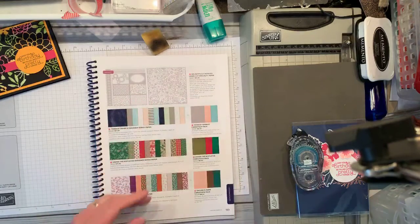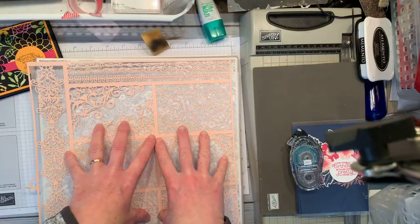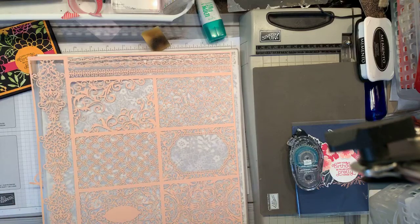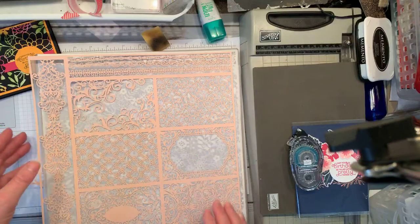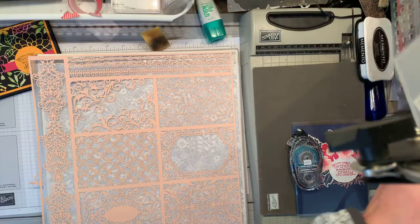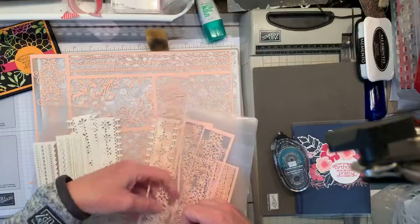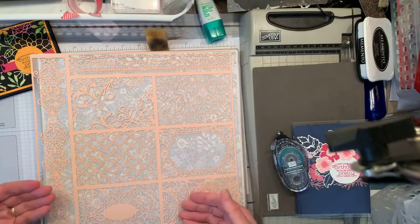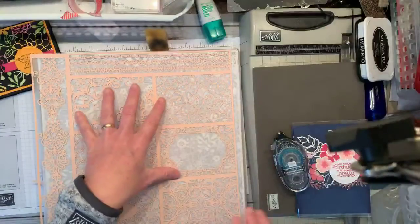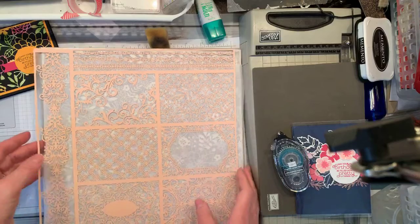So that being said, a couple of the tricks with this laser paper: I found that I like cutting up this overlay first. I store my designer papers on a vertical shelf in packets, the old Creative Memory packets, and I love them because they keep my designer paper nice and sturdy. It's easy to put the 12 by 12s in one spot and the scraps in the front pocket. But what I was having problems with this laser paper was I couldn't get it all the way into the envelope, so the ends were bending. So what I have found is working best for me is I cut up this one, and then I go ahead,